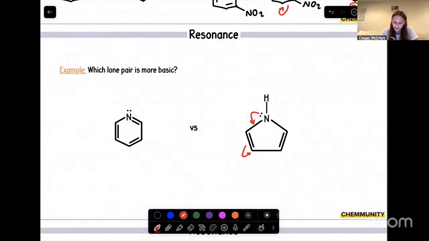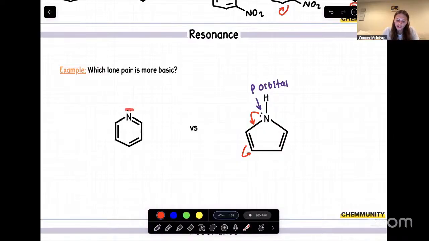And more specifically, if we were to look at where that lone pair is, it can be in a p orbital. So we'll point that out. But in terms of our other lone pair on this nitrogen right here, even though there is a pi bond right here, that double bond, the lone pair cannot participate in resonance. Now, if we were to showcase which orbital that lone pair is in, it is actually in an sp2 orbital. And since that lone pair is not in a p orbital, that means it cannot undergo resonance, which means we lose some of that stability.